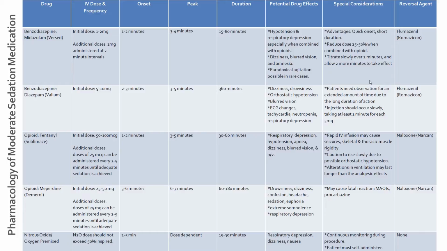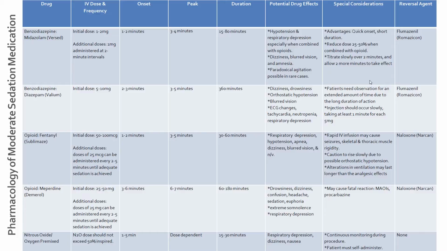Because there are a number of regimens employed by facilities, I'll take the time to review the most common regimen, that of fentanyl and midazolam. Fentanyl is an opioid with a fast onset and short duration of action. It can be used to provide analgesic relief during the procedure.